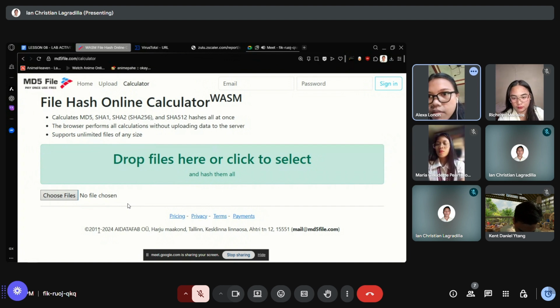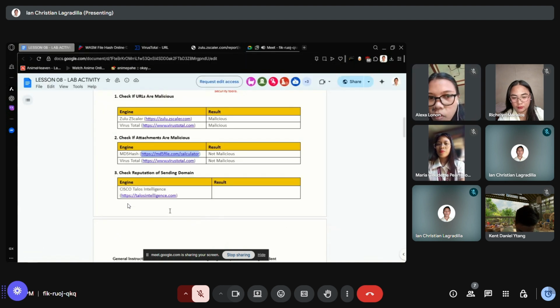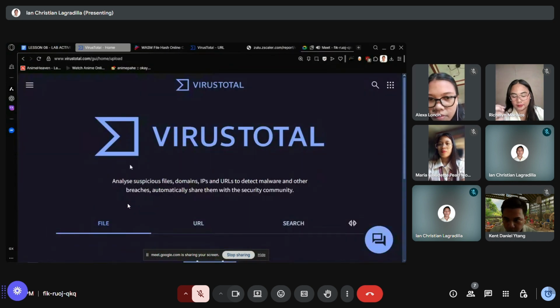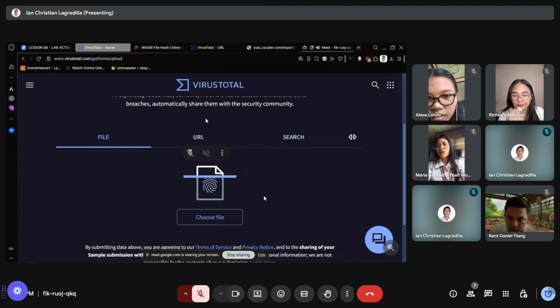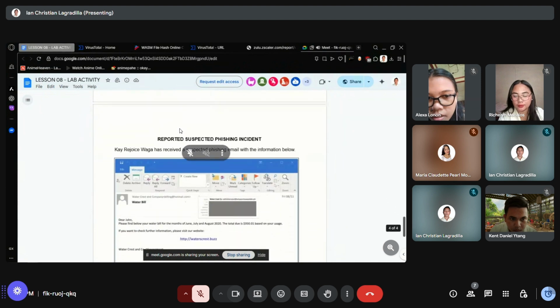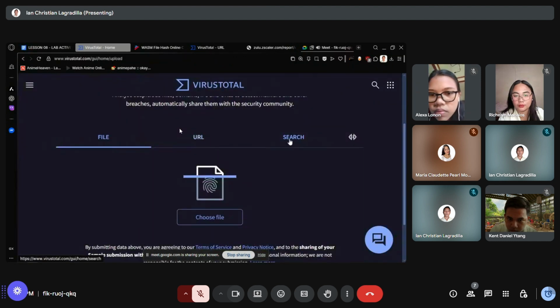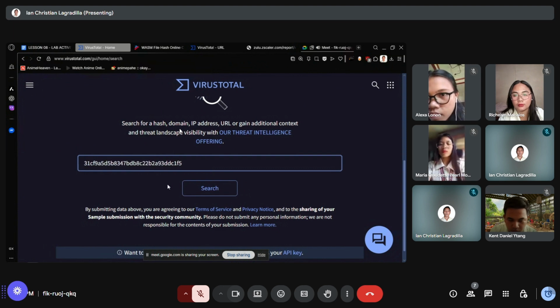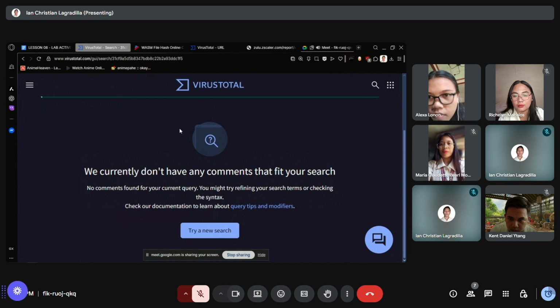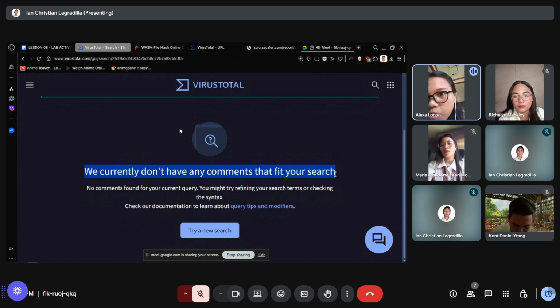Let's verify that with VirusTotal as well. In VirusTotal, the result says we currently don't have any comments that fit your search.